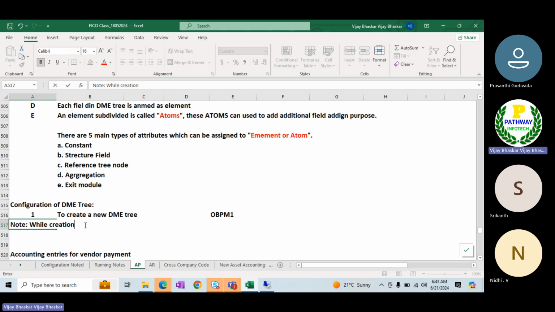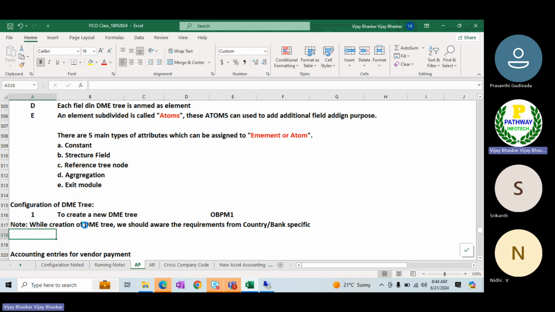While creation of DME tree, we should be aware of the requirements from the bank and country. I'll put it first: country and bank specific. So meaning that what will happen if you are going to do the configuration